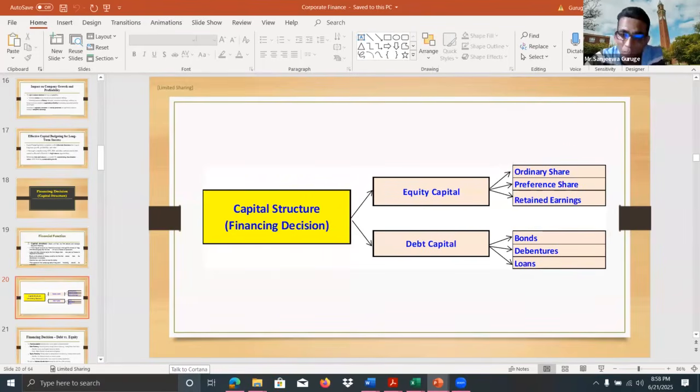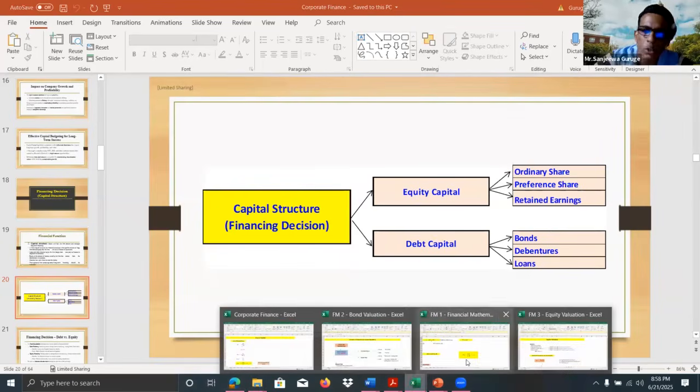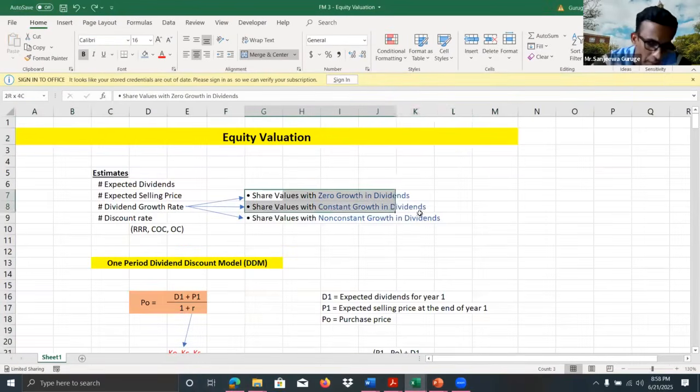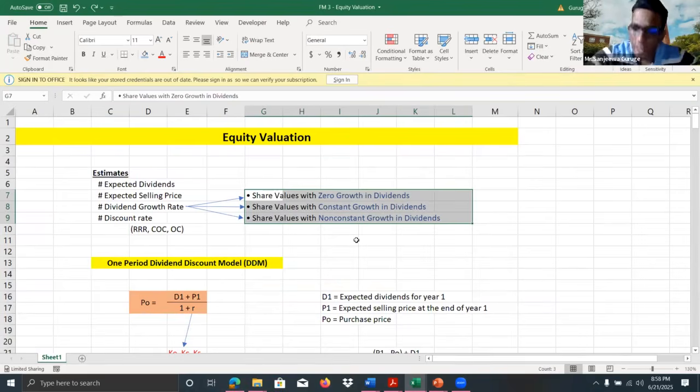When you know how the calculation of price works, that means the valuation of these different instruments, then the calculation of the cost of capital is easy, right? Because it is just the reverse calculation. When you know how to do the equity valuation using these different assumptions, then to calculate the value of a share, one very commonly used method is the discounted cash flow approach. But that is not the only method, right?